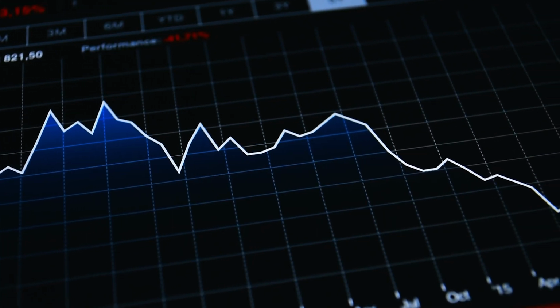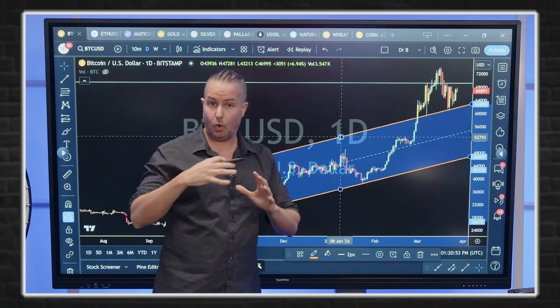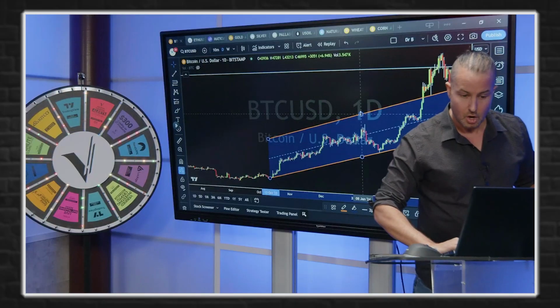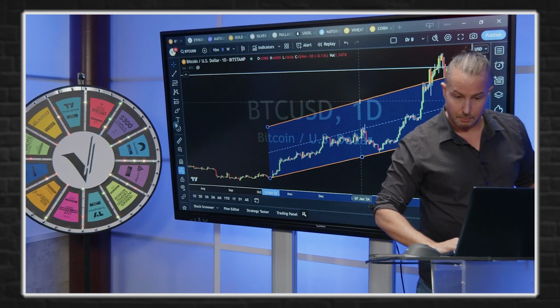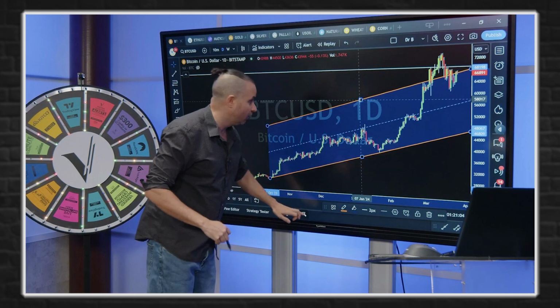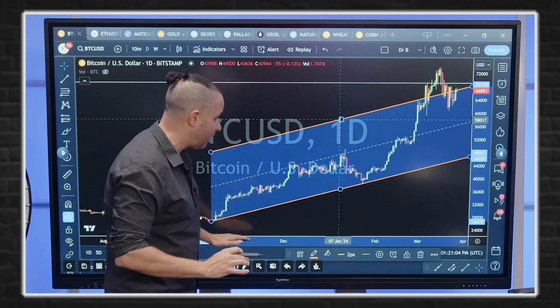All right, now again, this is just the beauty of stuff like this. And by the way, a lot of times I just play around with this. I'll do a parallel, start it from a low to low, and just drag it up and see if it coordinates with other levels, which is super cool to watch. What's interesting is we can even bring this up a little bit higher. Again, this is using the same parallel, meaning it's parallel to this bottom line.